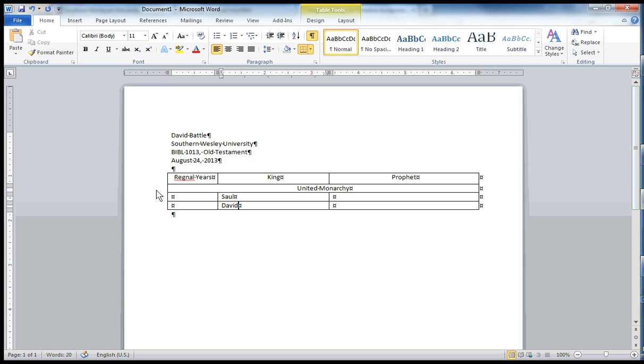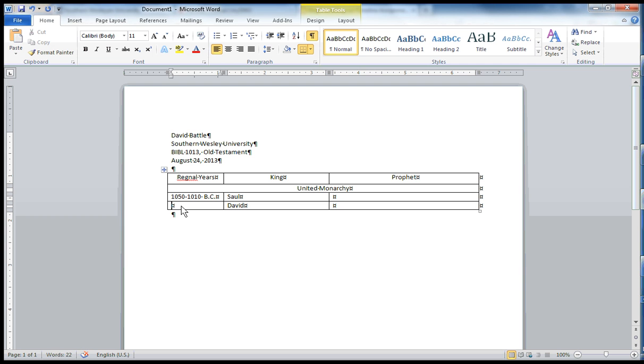Now if you go and you check, you'll find that Saul is thought to have ruled from about 1050 BC to about 1010 BC, so you'd put that there. Looks like we need a little bit more space, so we'll just kind of come back over and add the space there. And David is thought to have ruled from